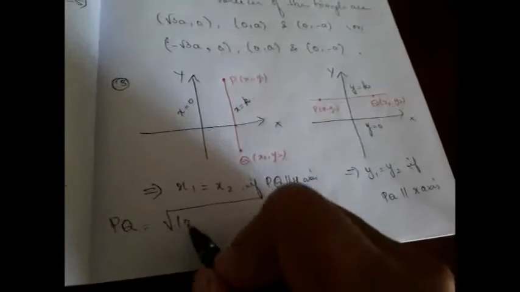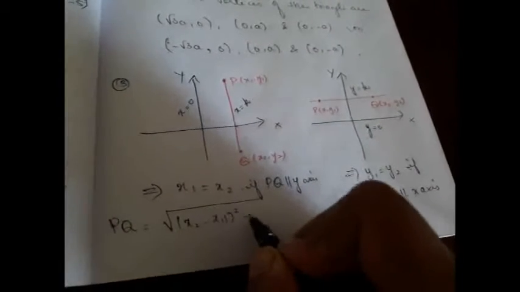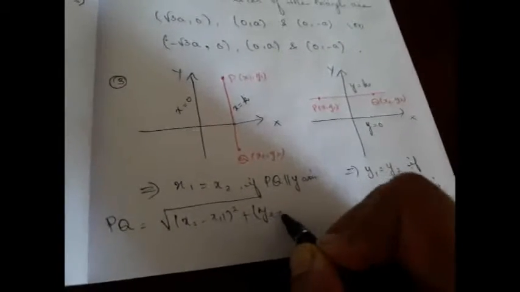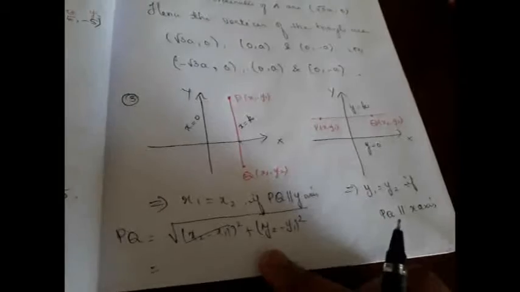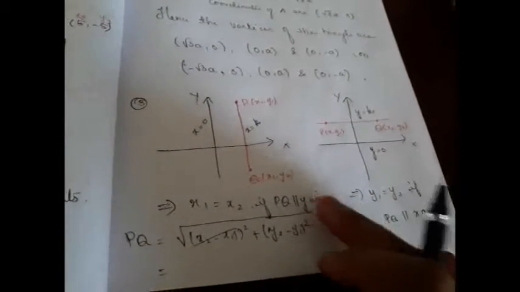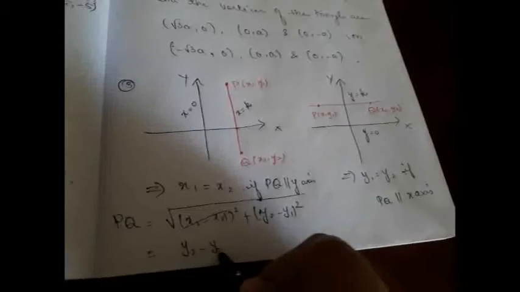What is distance formula? Square root of x2 minus x1 the whole square plus y2 minus y1 the whole square, right? Now x1 and x2 are same, so this is going to become 0 here, which is nothing but square root of y2 minus y1 the whole square. That square and square root will get cancelled. So the answer is y2 minus y1. You can write modulus because we are going to take only the positive value since we are dealing with the